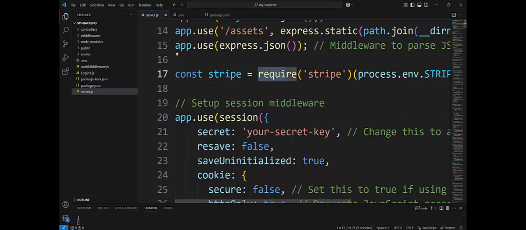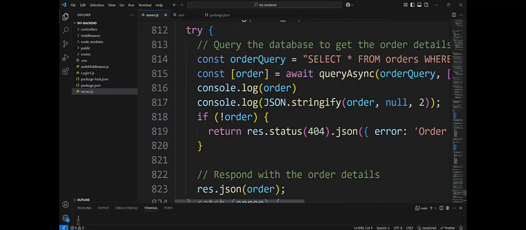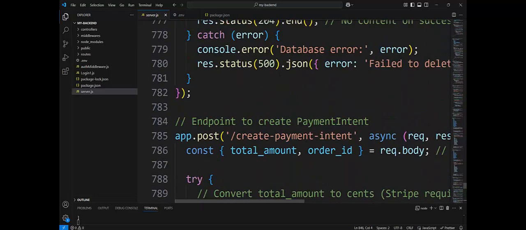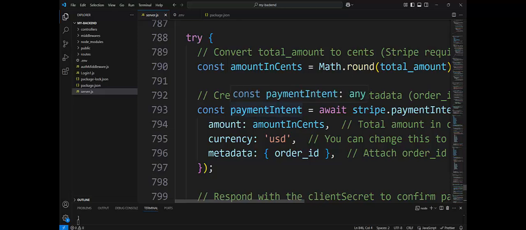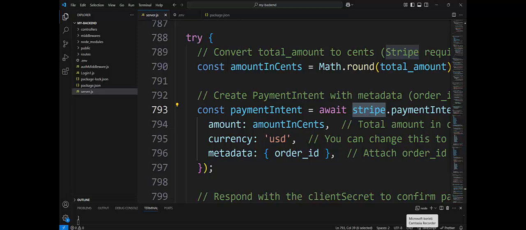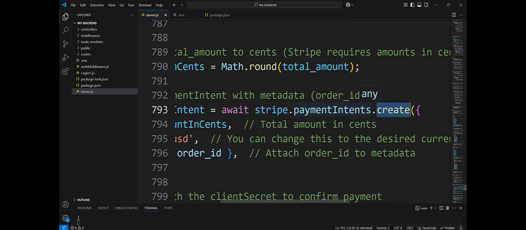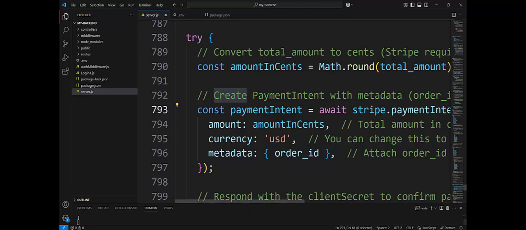Okay, it is here, let's continue. Order ID. Create payment intent, and now we have the payment intent. Who gives us a payment intent? Stripe. We go asynchronous. Why is asynchronous possible? Because Stripe gives us a promise, for asynchronous communication. In Stripe, there is the payment intents property, and in that property there is a function create, and the payment intent would be